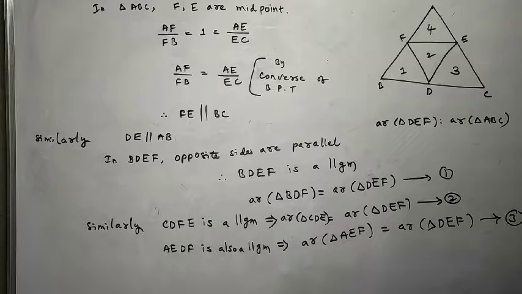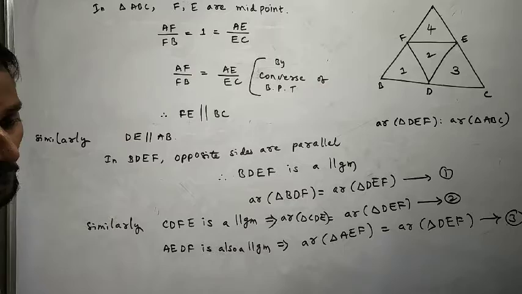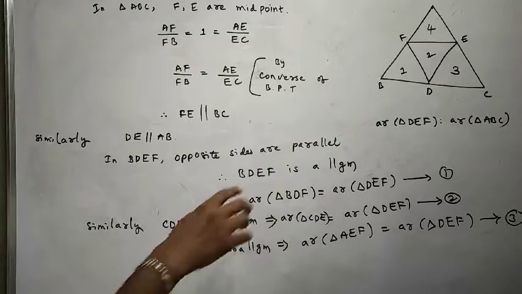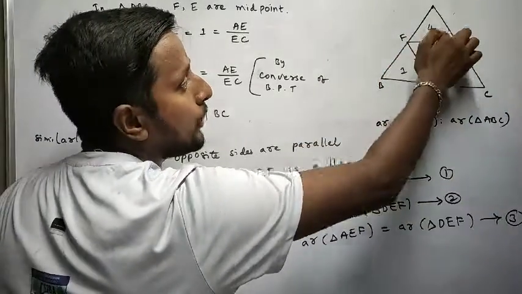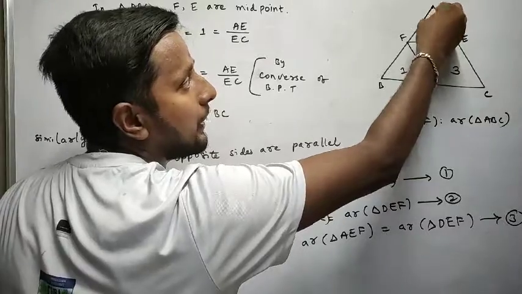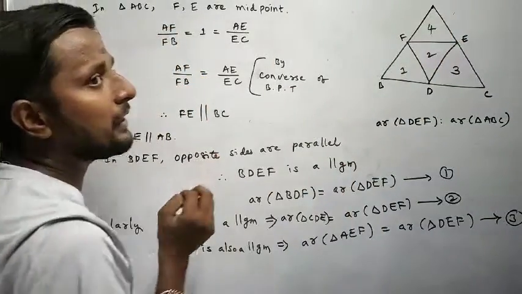So what did you understand from the three equations? The three equations tell us overall the area has been divided into 1 by 4. Yes, 1/4 of the total part. Correct? What happened? The total diagram has been divided into 4 equal parts. If you shade any one part, we can treat it as 1 by